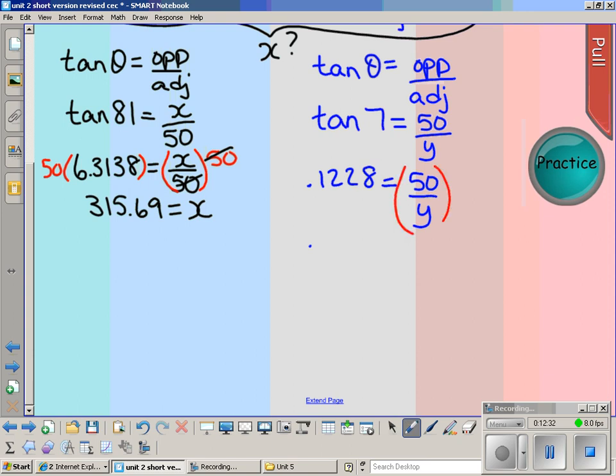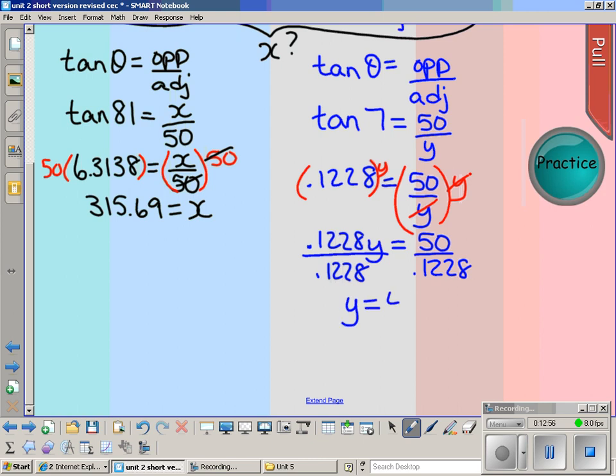Multiply both sides by y so that the y's cancel out. We have 0.1228y equals 50. And then divide by 0.1228. And we get y equals